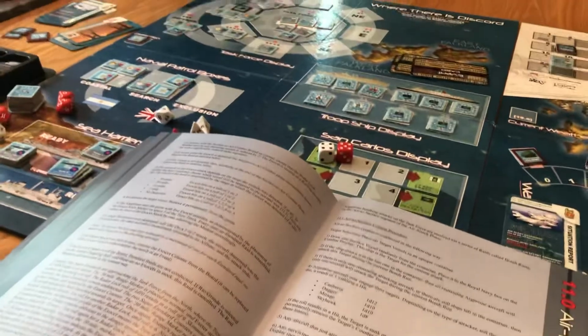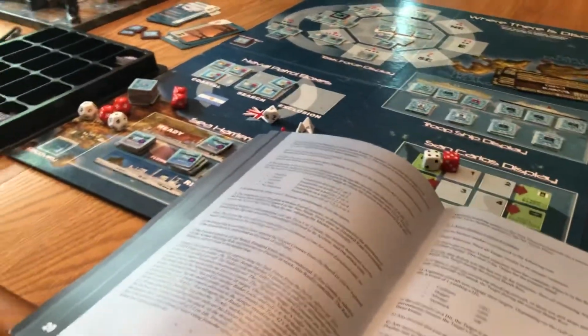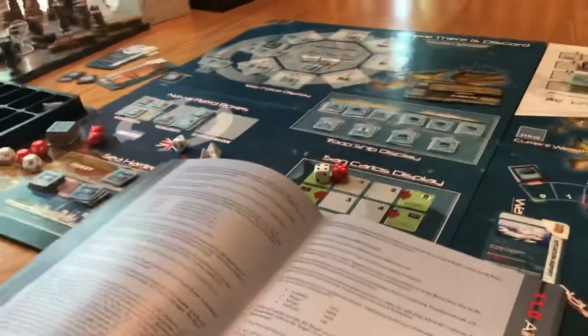Basically, they just blew past everything, and they're going to do a surprise attack on us, and we don't get a chance to do any of our interceptions. So this is bad. We may lose a ship, but let's see what happens. Okay, so